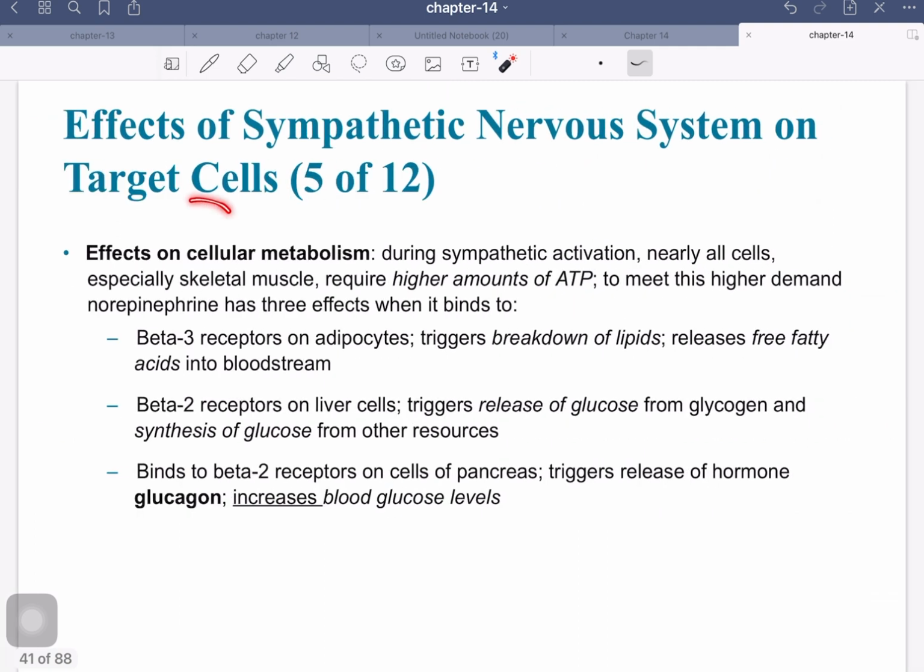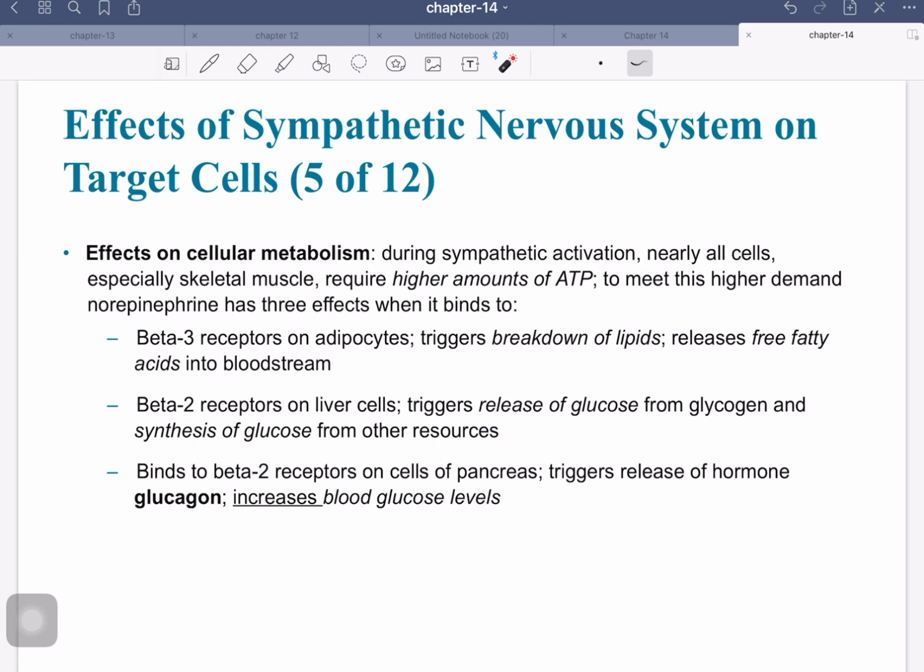Now let's talk a bit about the effects on cellular metabolism, because this is really how hormones and neurotransmitters, especially in the autonomic nervous system, when they're going to a target organ, dictate what the effect will be. It's basically about turning on, turning off, or modifying cellular metabolism. So not surprisingly, during sympathetic activity, and of course we always think of the fight or flight type phenomenon,